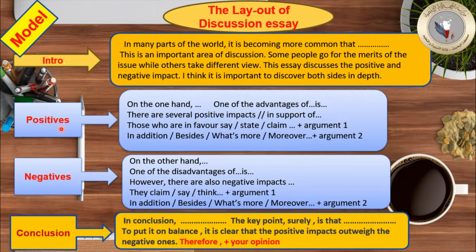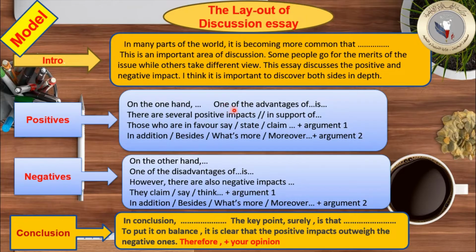Then we go to the second paragraph, which is positives. We agree that we have two teams. One is standing for or supporting the idea, and the other team is standing against or opposing the idea. So it's preferable to use on the one hand for positives and on the other hand for negatives. So we can complete here. On the one hand,